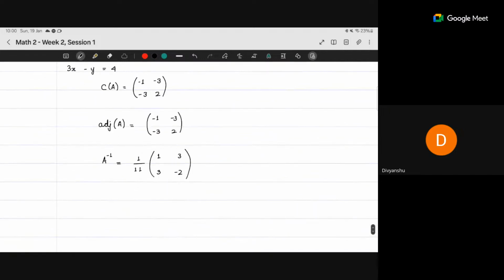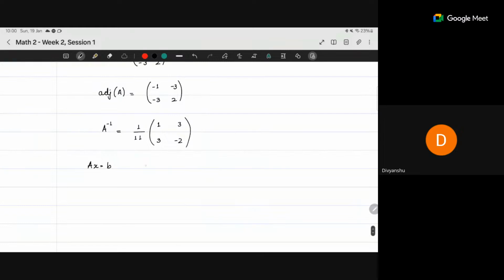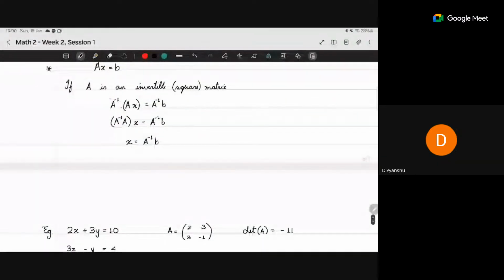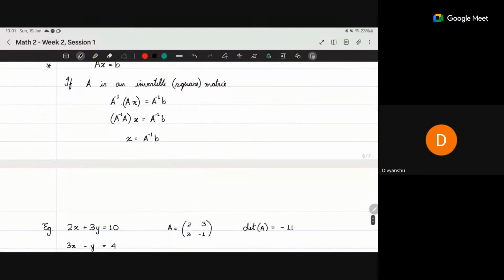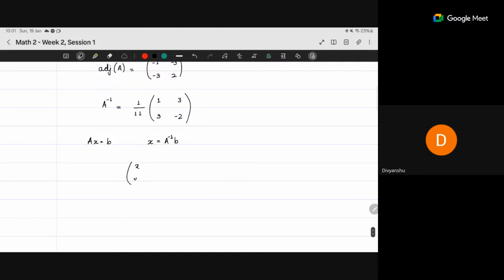Now we were trying to solve the system Ax = B. I know that Ax = B has a unique solution, since in this case you have an invertible square matrix. So x = A inverse B is the only solution. That's what we said over here, correct? So let's compute x, which is A inverse,